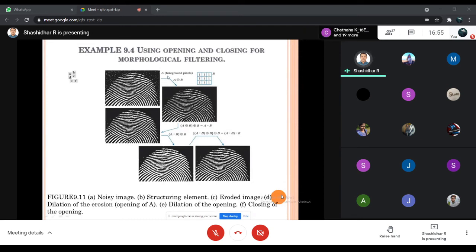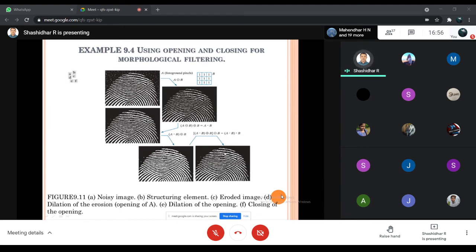So this is the image of A erosion B, and this is the image of A minus B plus dilation, dilate the B. A erosion with B, and the output of the A erosion B is dilated with B, which is equal to A opening B. A opening B is dilated with B. Okay, dilation with B. So this is the output.